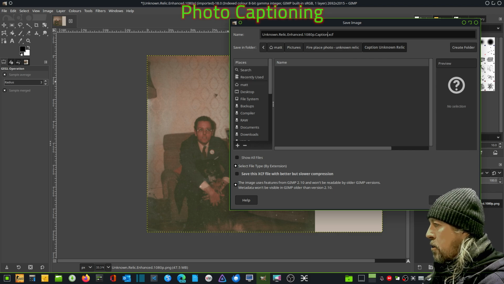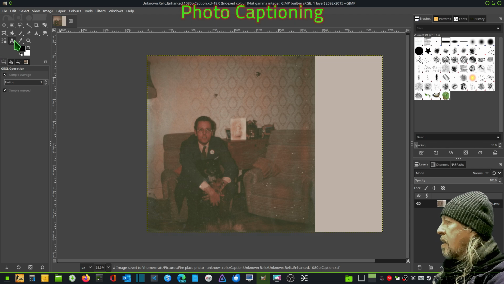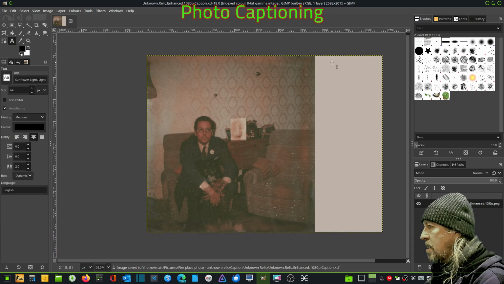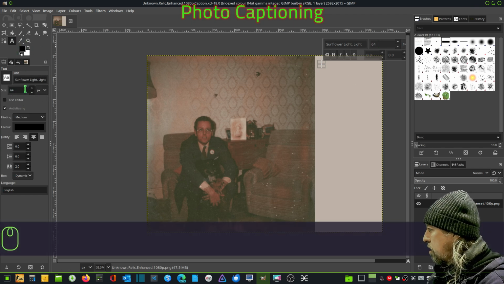So this one has a caption, so we know it's a different file. So next step, we need our text tool. We need to write in here what this is. So we've got up here, you see we've started this, we've selected our tool, and we've clicked where we want